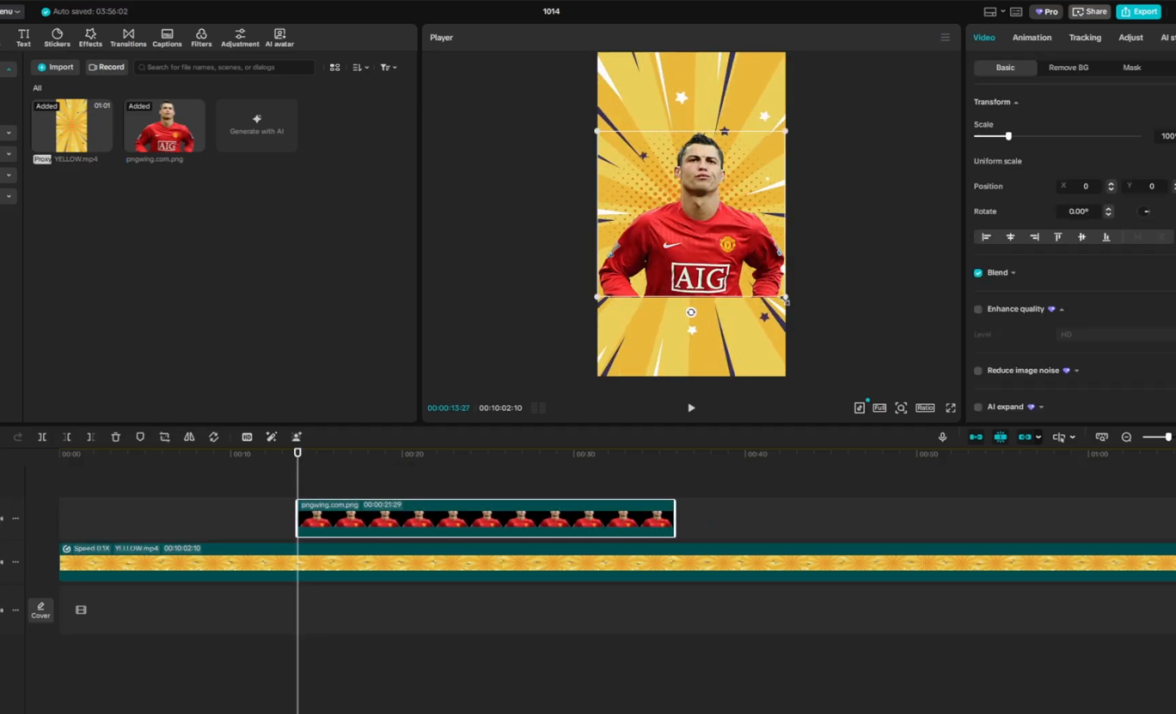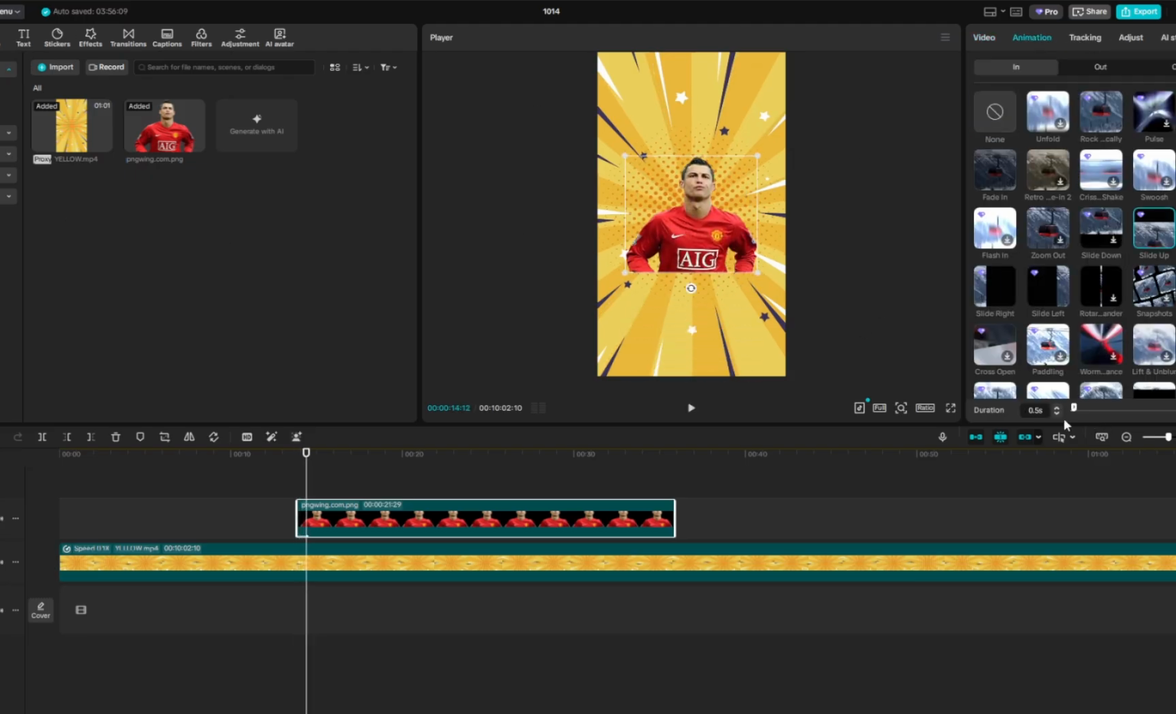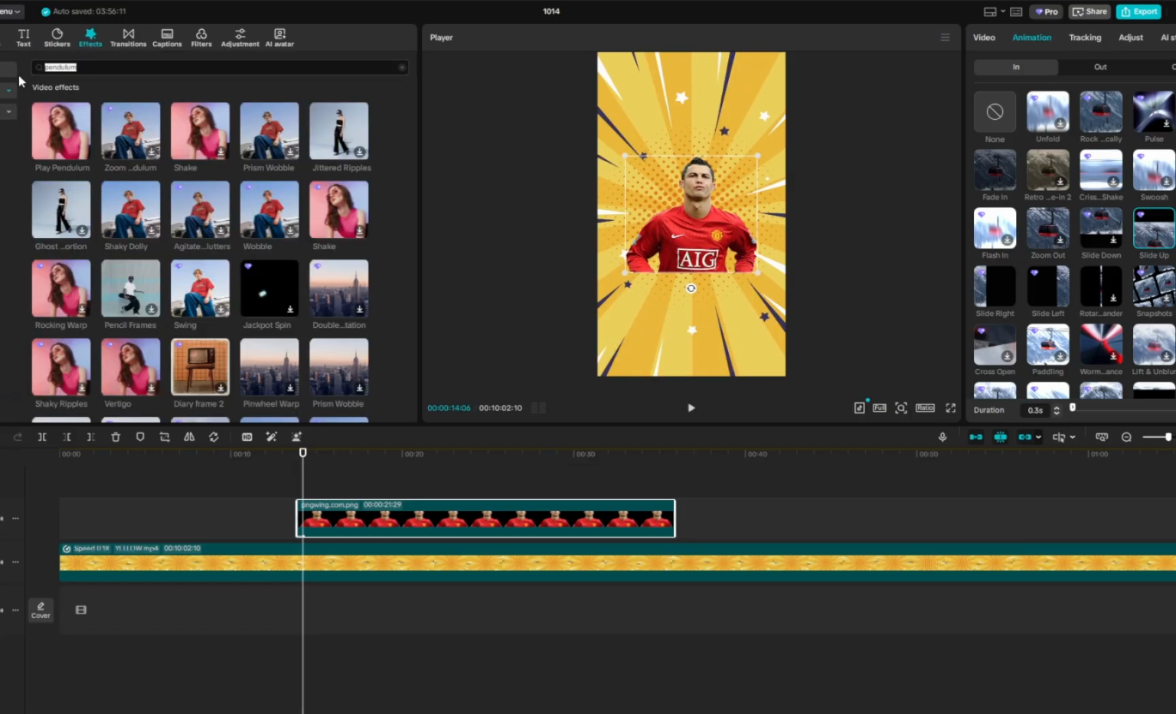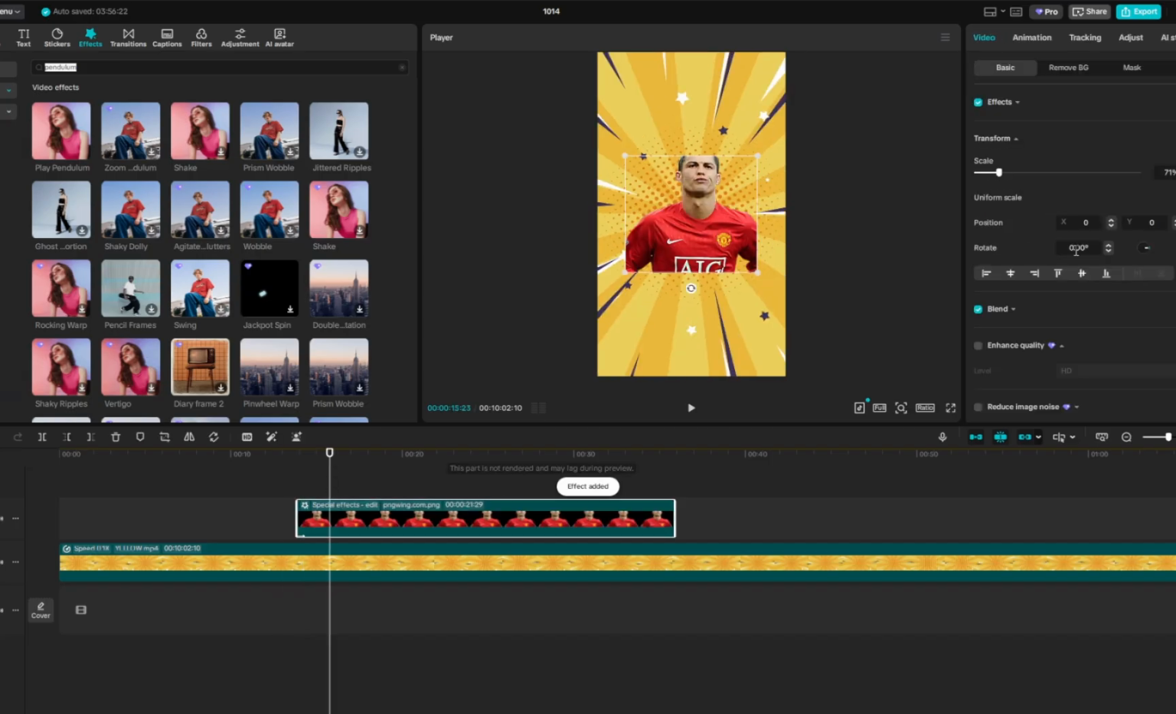Now I would simply adjust its size, and I would go to animation and simply apply the slide up animation to this object like this. Now I would go to effects and then simply search for pendulum, and right here it's an effect called Play Pendulum. I would simply apply it to this object, and then I would simply adjust this effect,